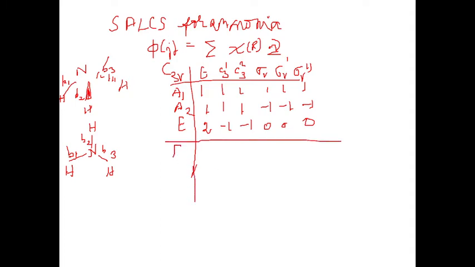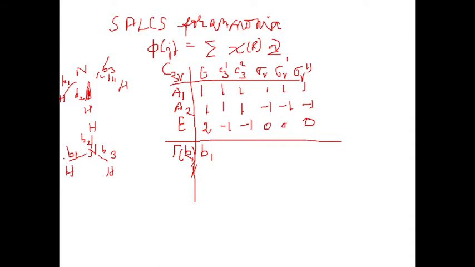Now let us look into our basis function, that is B1. We are just looking into what happens to B1. B1 is going to change on execution of these symmetry elements. When these symmetry elements are executed, whatever happens to it, we have to write it here, okay? Now when E is executed, what happens to B1? B1 is going to remain as B1 only.